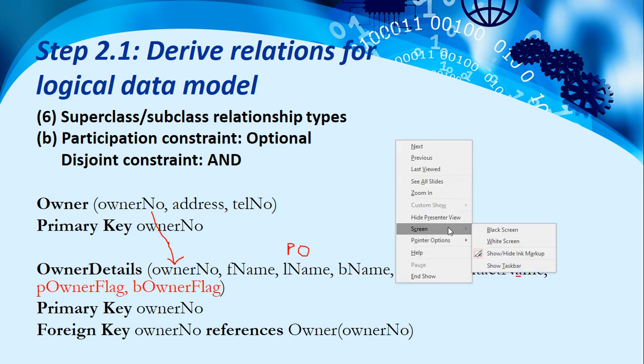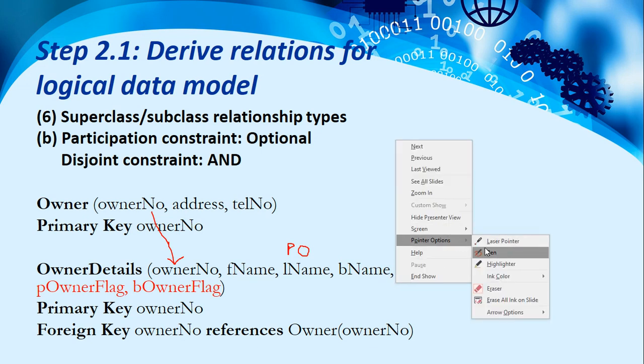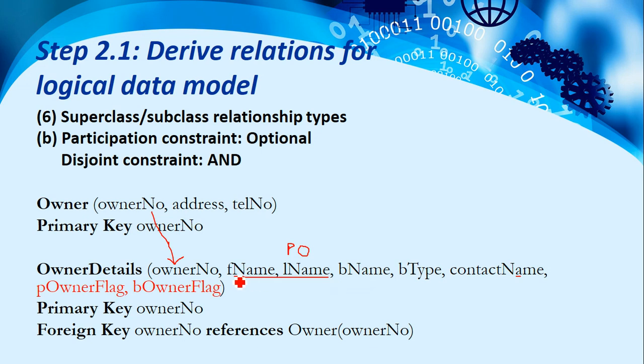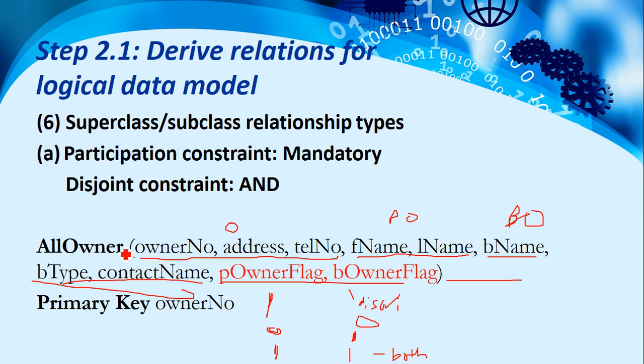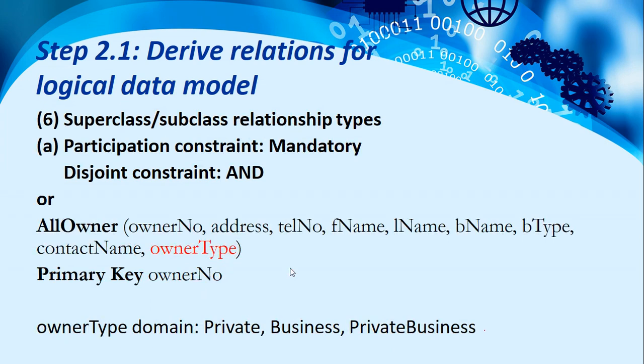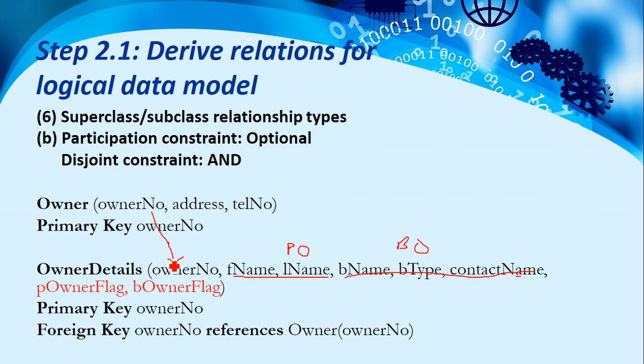Yung ano lang pala dito, eto lang pala. Okay? This F name and P name, these are the attributes from the private owner. Etong tatlo na to, this is from the business owner. And then same, etong P owner flags, B owner flags, this is just the same as what we did kanina. Eto. Okay? Now, if you're asking if yung ginawa dito is pwede man nating i-apply sa what we did, let's